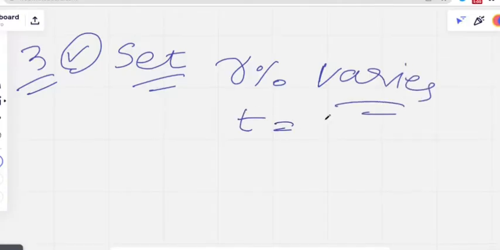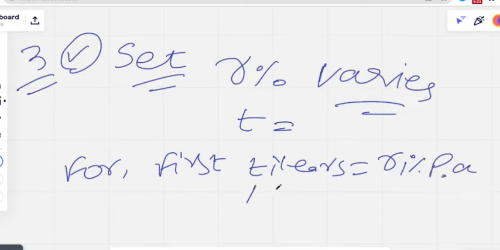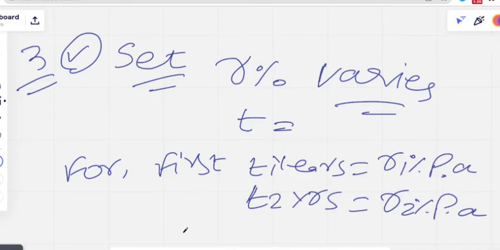For example, for the first T1 years, the rate of interest would be R1% per annum. For the next T2 years, R2% per annum. For the next T3 years,